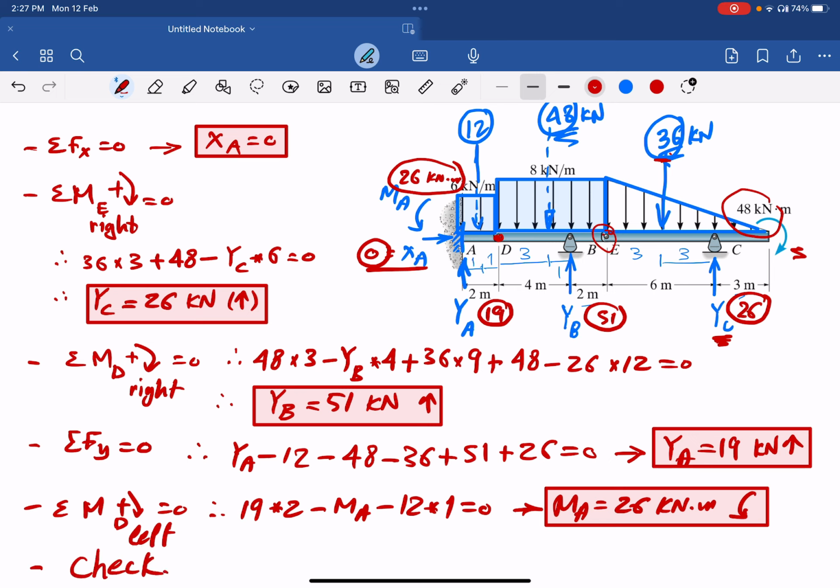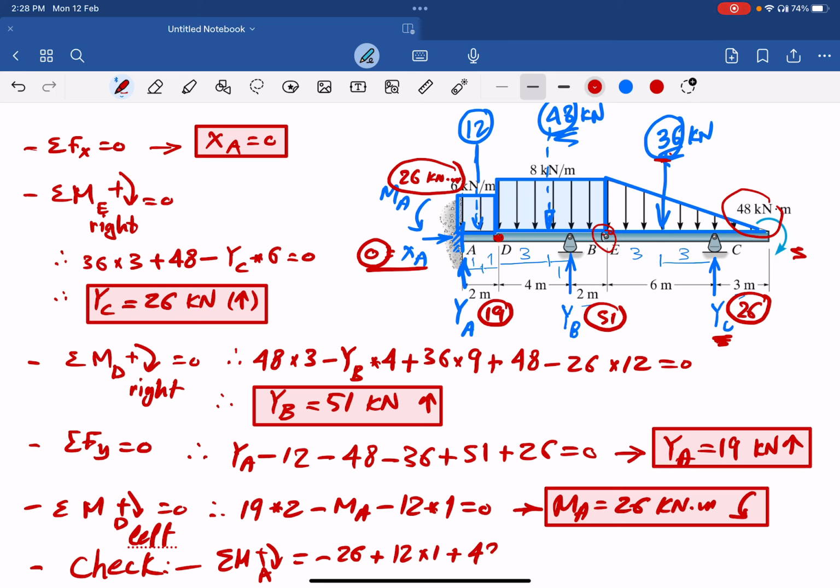Okay. So making a check, you need to take a moment at a point where you didn't take before. So we can take a moment at A for the whole structure. Okay, let's say summation of moment at A equals, and we see if it will be 0 or not. Clockwise, we assume it positive. Therefore, MA is counterclockwise, so it will be minus 26. The XA and YA are eliminated because we are taking moment here, so it is minus 26, then plus 12 times 1, plus 12 times 1,